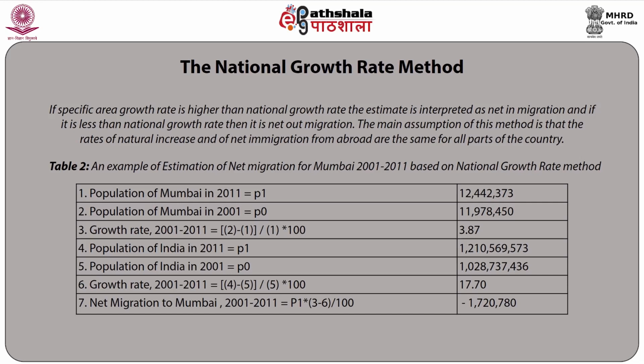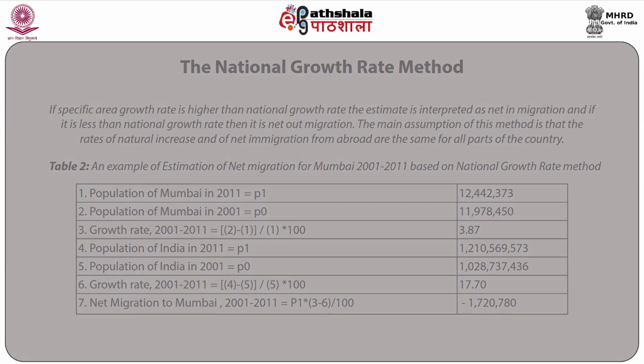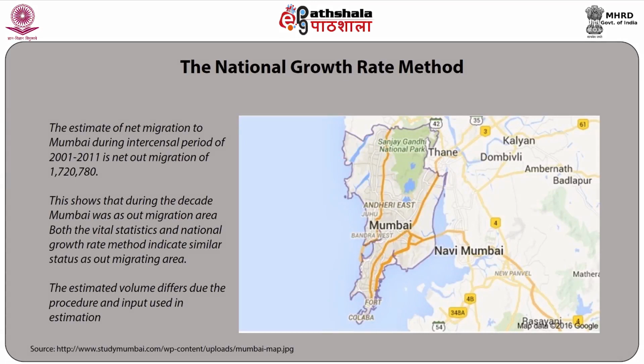Population of India in 2011 is 1210569,573. Population of India in 2001 is 1028737,436. Growth rate is 17.70. Net migration to Mumbai during the period 2001 to 2011 is minus 1720780. The estimate of net migration to Mumbai during this intercensal period of 2001 to 2011 is net out migration of